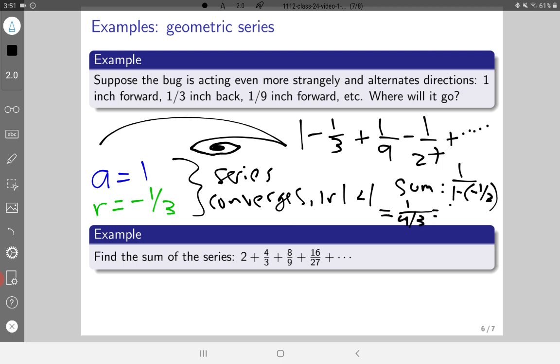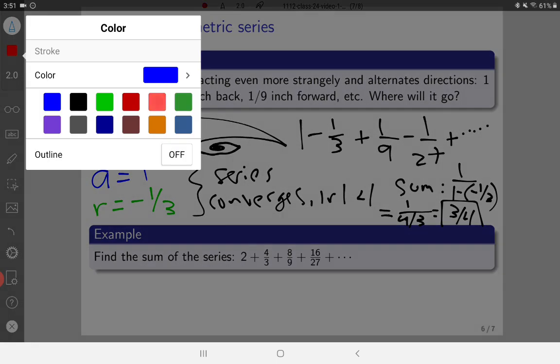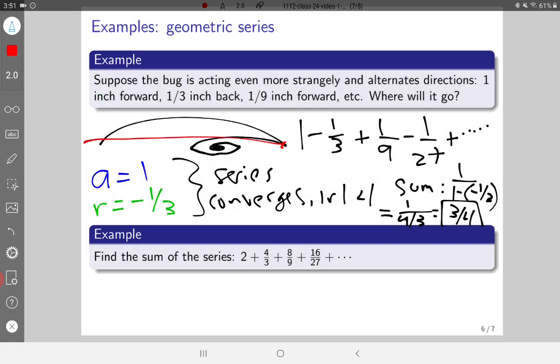And 1 over 4/3 is 3/4. And so what this means is, if I were to measure this step up here of size 1, so if I call that 1 on the number line and that's 0, and then if I were to place a stake right here at 3/4 along the number line, then my bug is going to jump across the stake